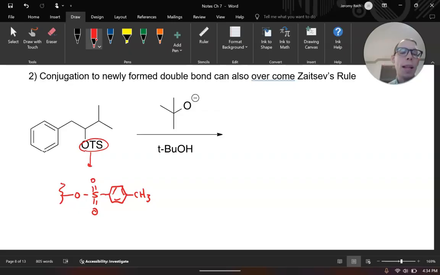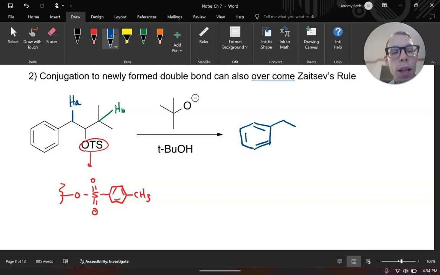So if this tosylate is my leaving group, and I think about my different locations that are exactly one away, I could consider a hydrogen here, which we would call HA, and then a hydrogen here, which I can call HB. And those would be the 2 possibilities that we could abstract from. Now let's go ahead and consider each of those. If I removed HA,